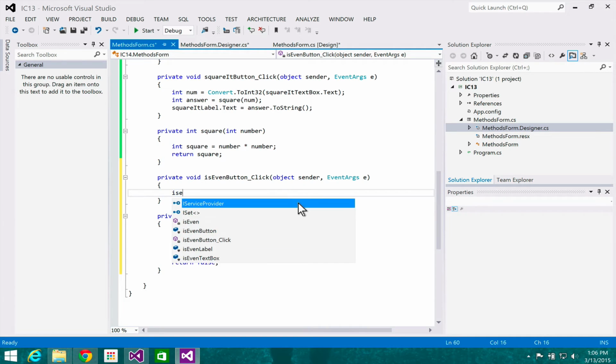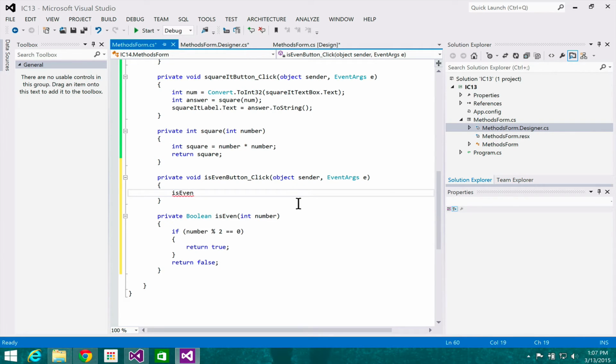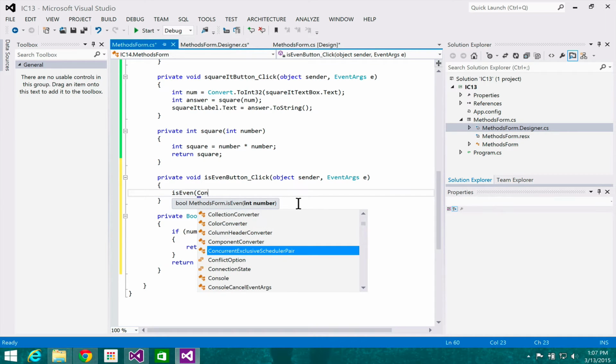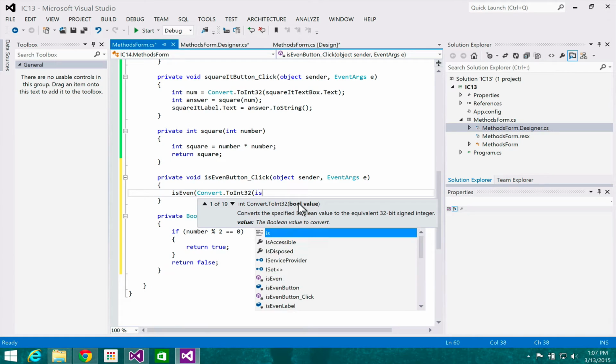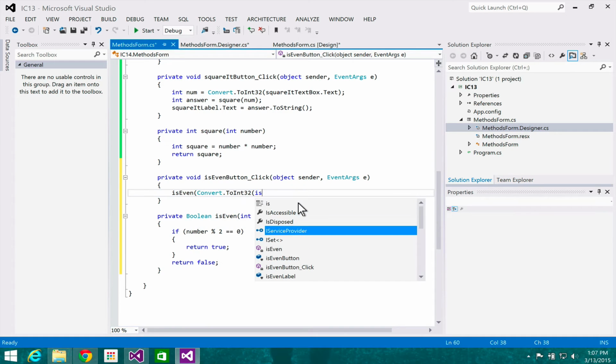And I'll do is even, right? Again, I can use my IntelliSense to my advantage, and I'll do the convert right inside here, and then it is the is even